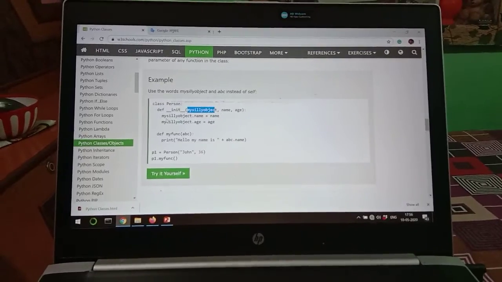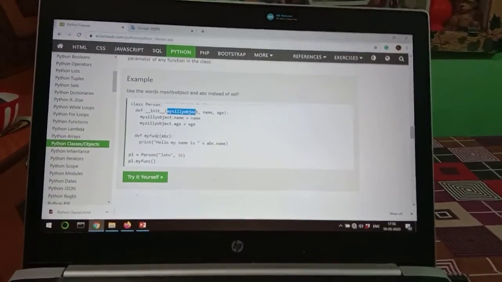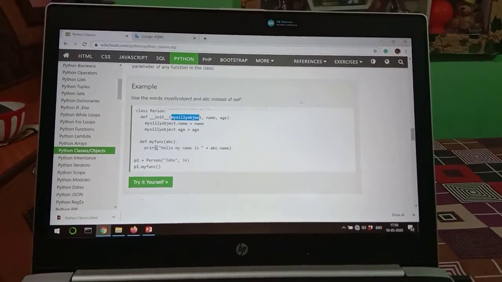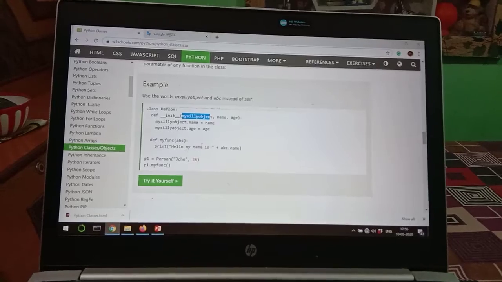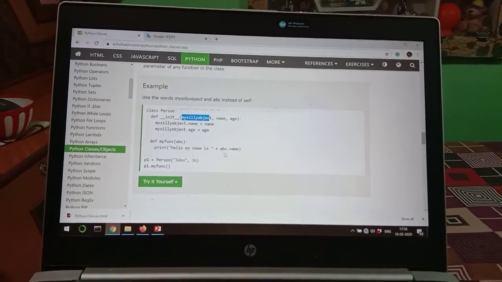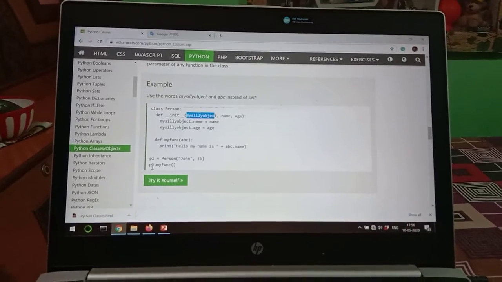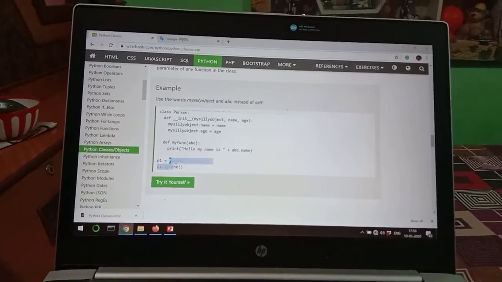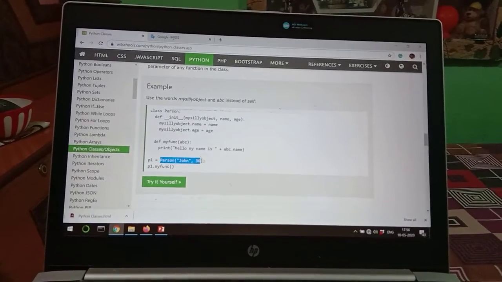Now we will write mysillyobject.name equals name, mysillyobject.age equals age. Now define the method myfunction with abc, then print "hello my name is" plus abc.name. Now we assign this class to the object p1 equals Person("John", 36).